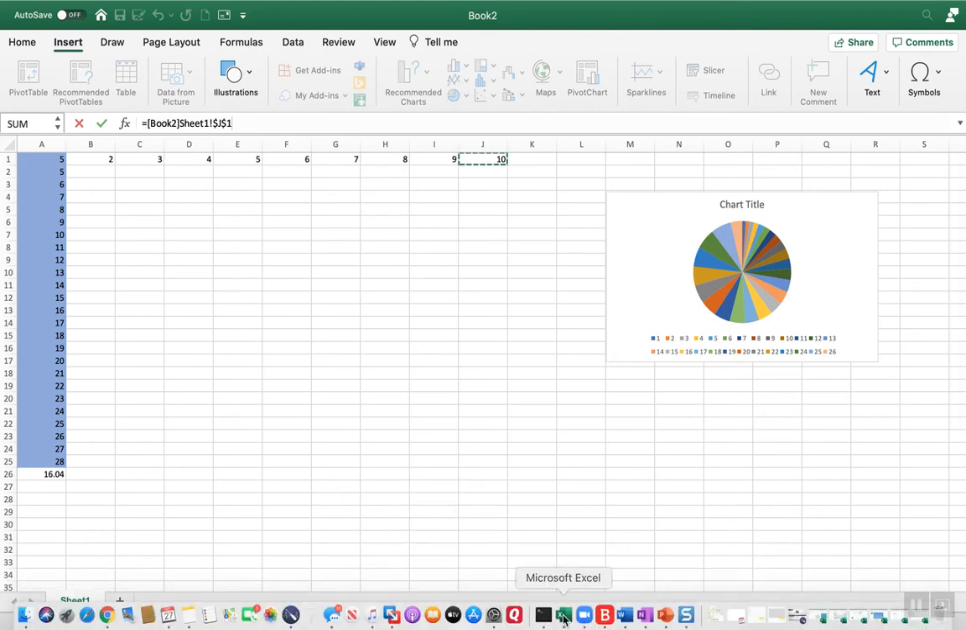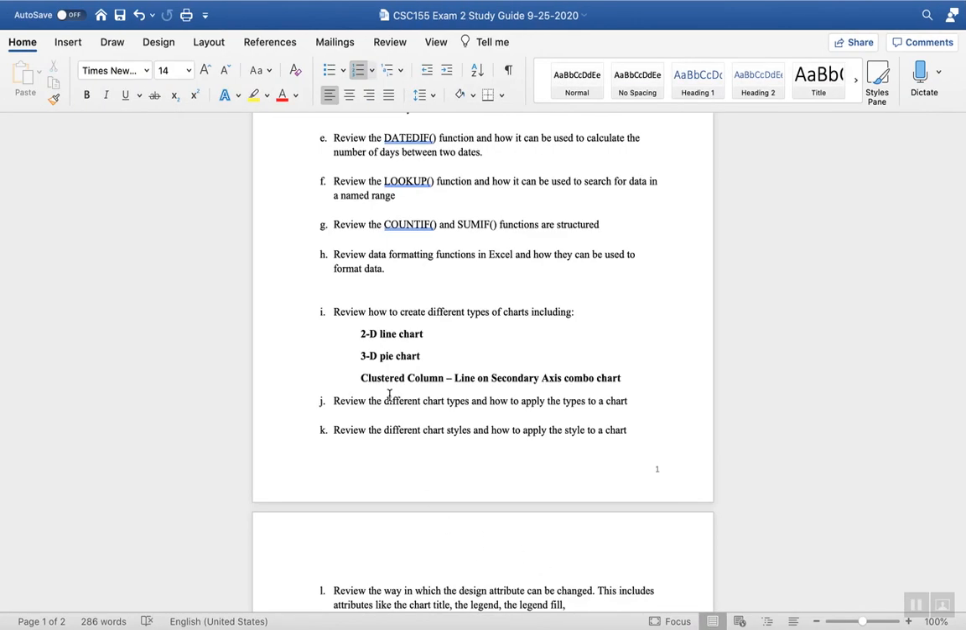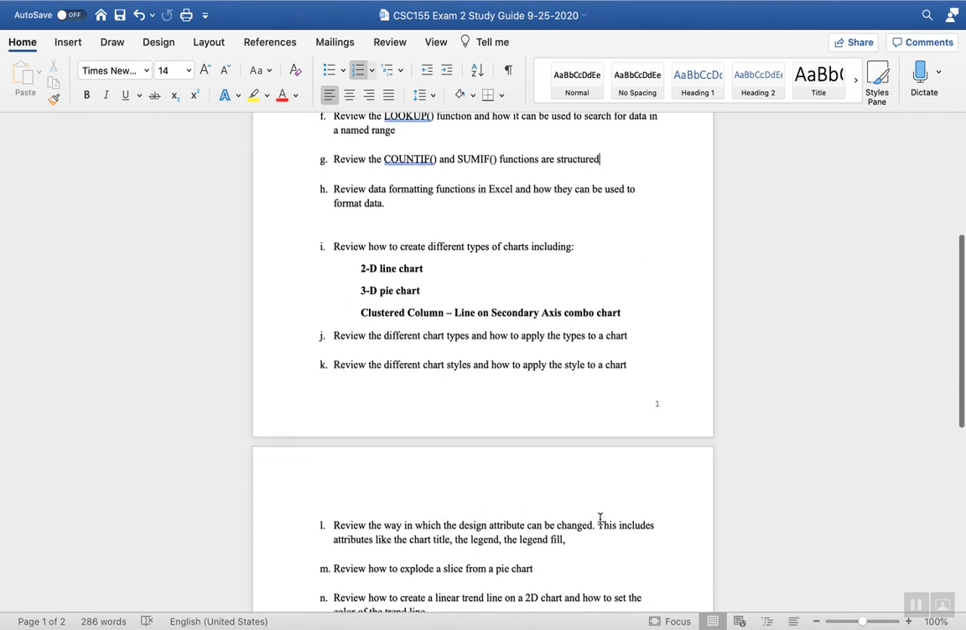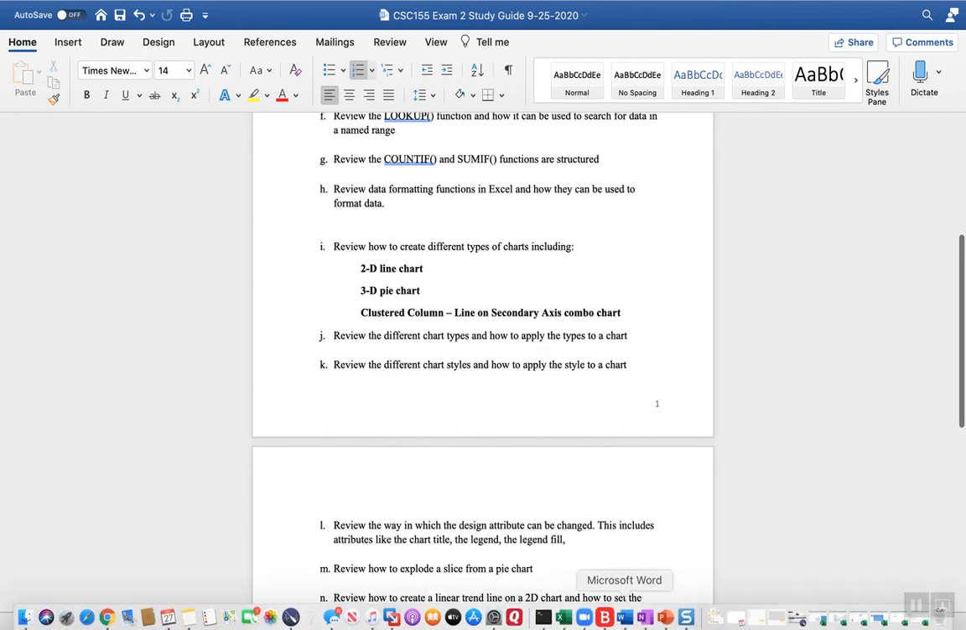Let's take a look at our charts. So we talked about different chart types and styles. Just be comfortable with that. Also, the way that the designs can be changed. All right, so some of the stuff we can do, and that's the stuff up on,